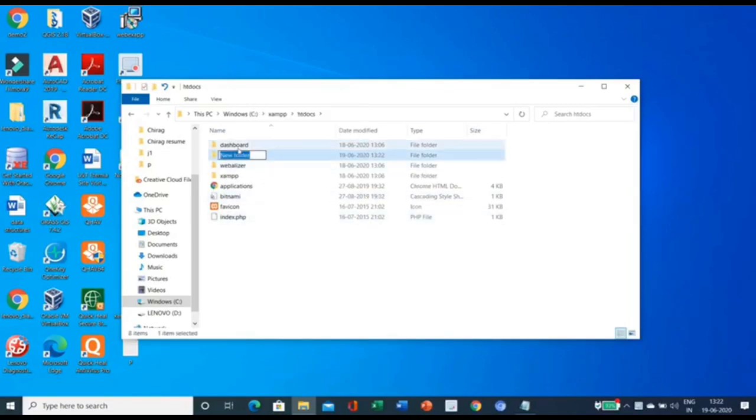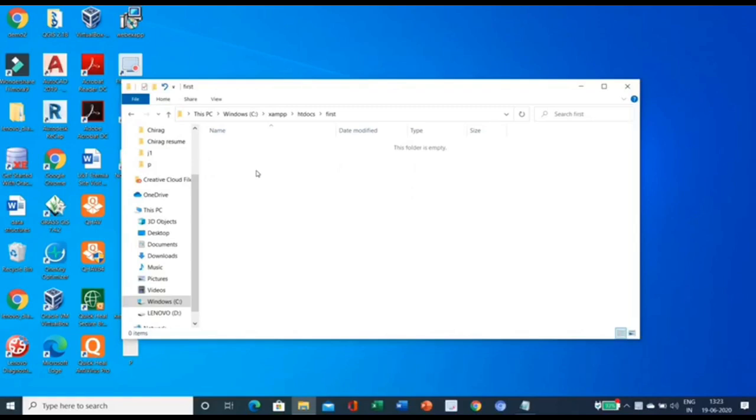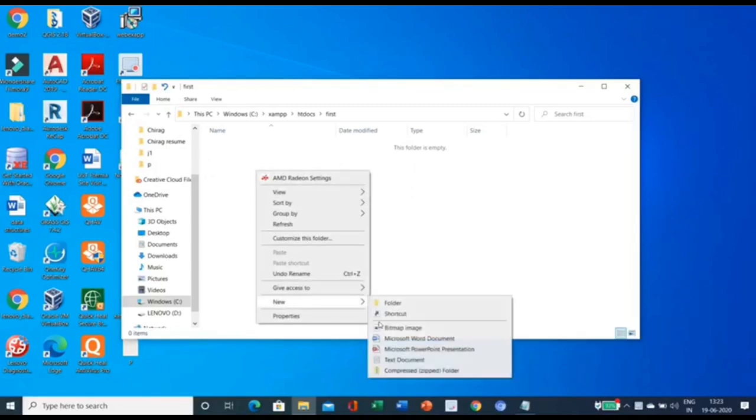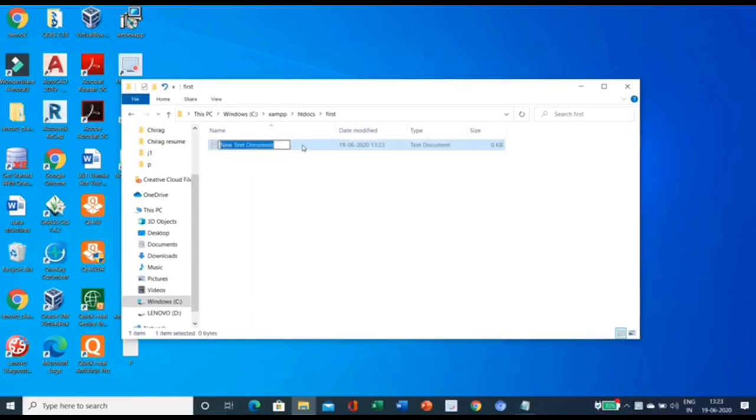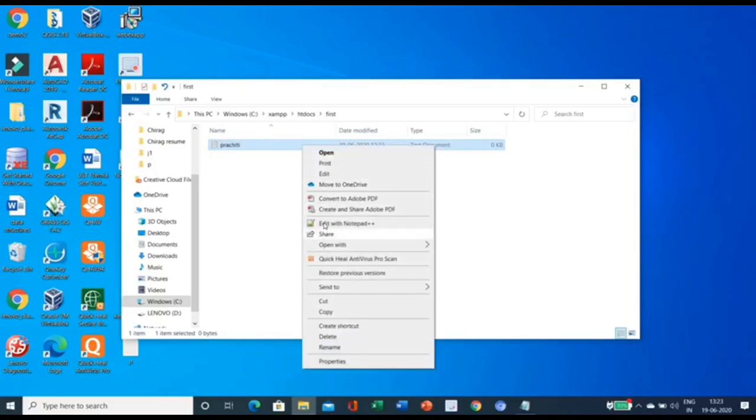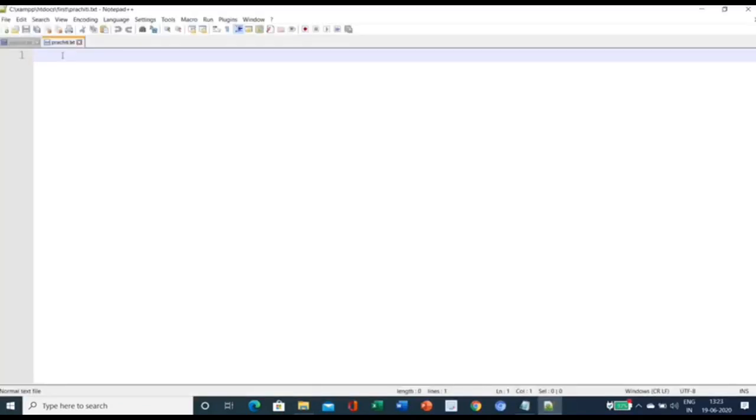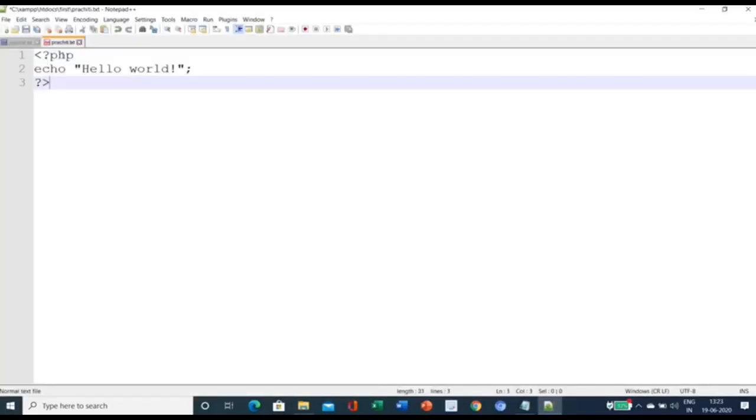This folder will be your project folder, or project name. Under this, you can create a text file, or we can say a PHP file. I'm giving this file the name rachti and opening it with Notepad++. I will write my code.